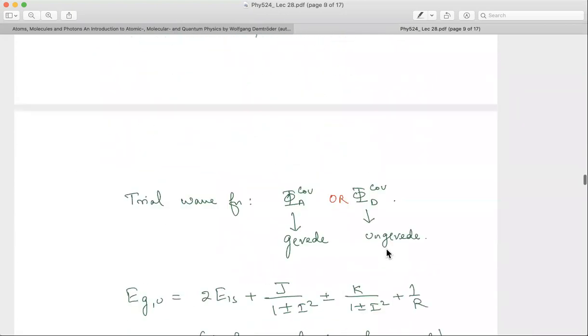Okay. So these are the two covalent wave functions I can construct, and they are constructed keeping in mind that if I separate the atoms, then I should get the dissociated atoms. And from these dissociated atoms, I can construct two wave functions: either the space part is symmetric or the space part is antisymmetric. And accordingly, I get the gerade state or the ungerade state. And these I will call phi covalent g and phi covalent u, let's say.